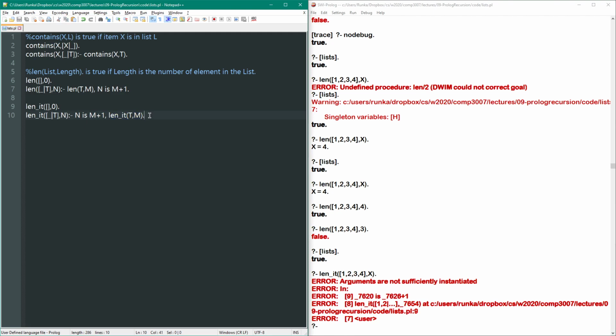So a better approach is to add in an extra variable, as we typically do with these iterative approaches. So we'll say len it of L and R, so of some list is some result, and then we'll pass that to a helper function, len it, that takes in the list, the current value, our accumulator value, and then the final result. Okay. And then we take this value and we're going to add 1 to it every time we recurse through. So our base case